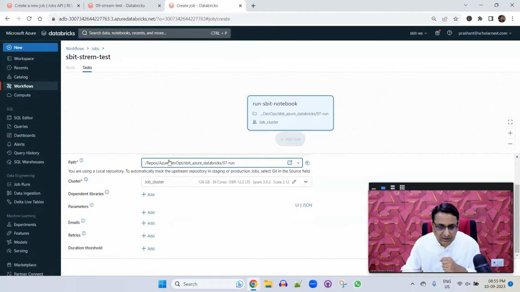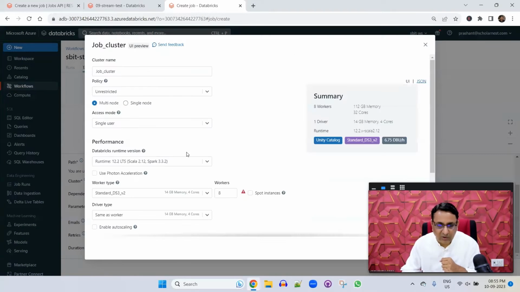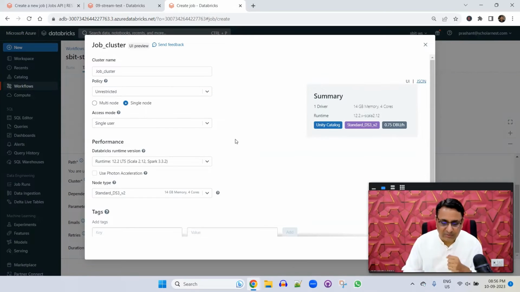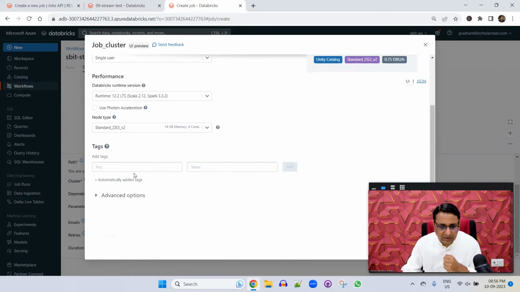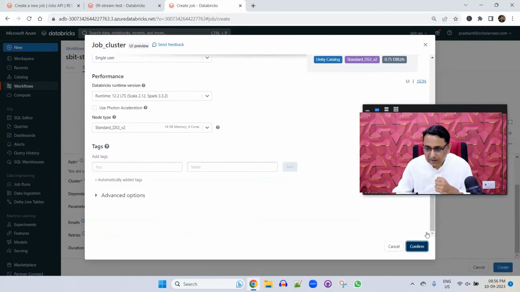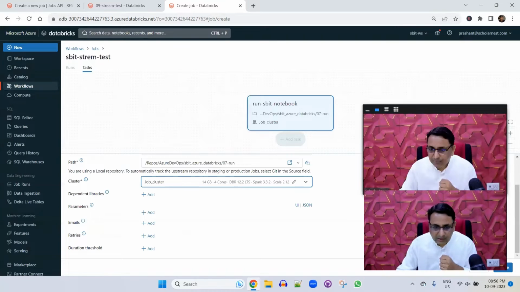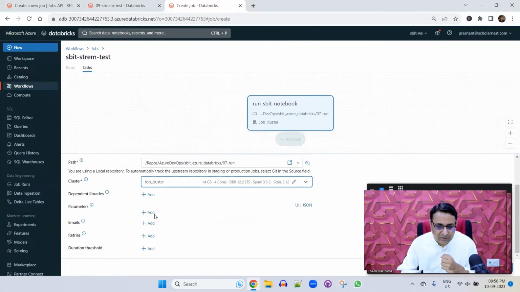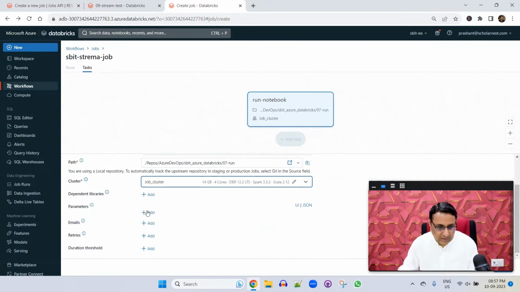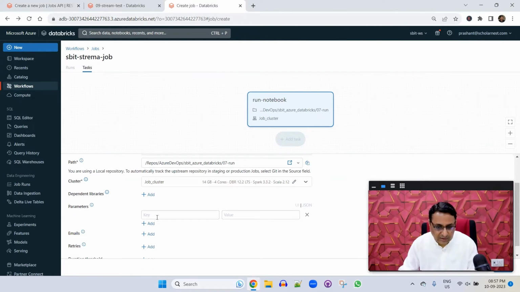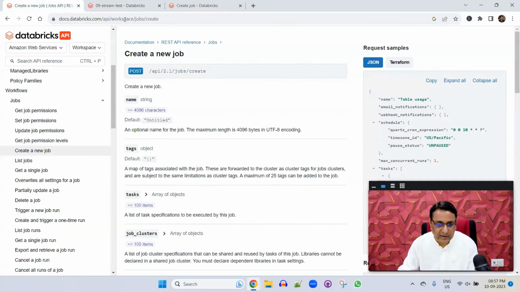Where I want this job to run on the job cluster. Yes. So let me edit that job cluster. I don't want this big job cluster. So I want a single node because my job is small. Single node should work. And that's all. So this is my definition for the cluster. Confirm that, right? So I manually define the job. Dependent libraries. No, I don't want any libraries to install. What are the parameters? So, notebook parameters. So what parameters my notebook will need? So let me